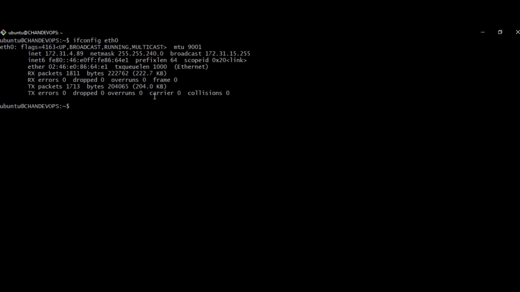And the next command is nslookup. This nslookup discovers the hostname from an IP address, and it discovers the IP address from a hostname.